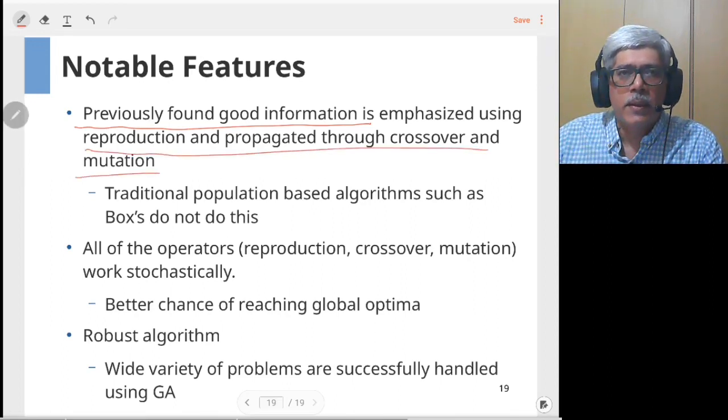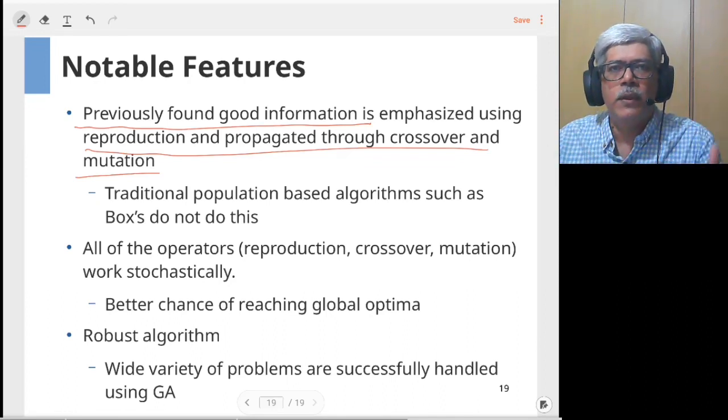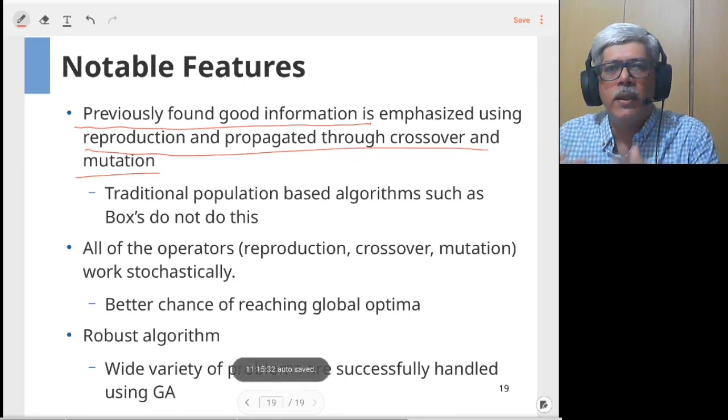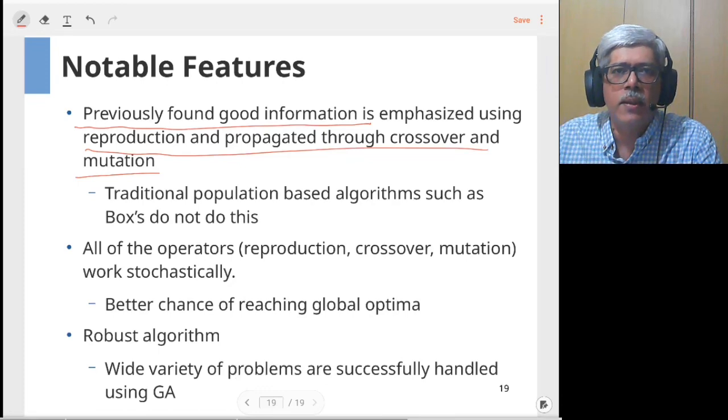That means you are not only concentrating on the fittest individual in your population, but you are using a pool of different members of your population which are having higher fitness values. So their information is compiled together, or processed together. That is the difference genetic algorithm has.